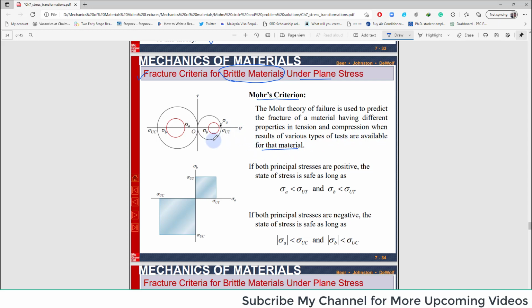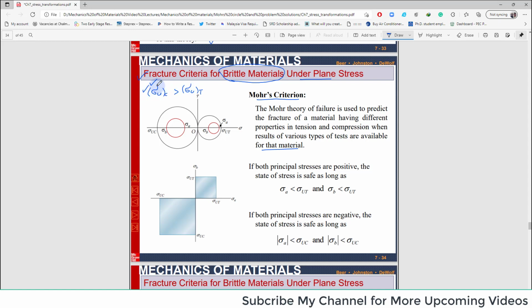In our previous slide we discussed that ultimate strength in compression is greater than ultimate strength under tension. The reason is that the material has micro flaws or defects, spaces or pores, nano flaws. If the material is under compression, that gap will be filled up. Clear? After compression, the gap will be filled up and the strength of the material will increase.